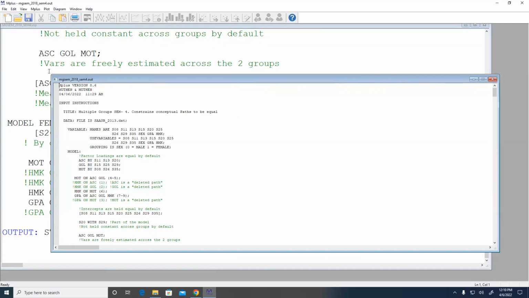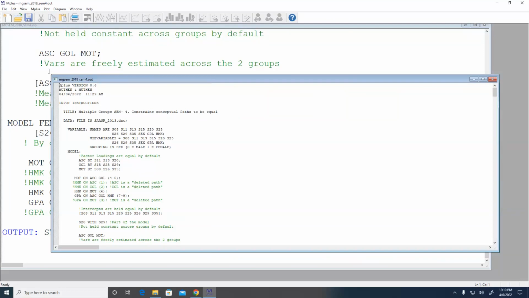It will not work if you try this. Well, who knows? Never used to. You can prove me wrong. But if you try to say this is constrained to be equal to 0, now I want to constrain this to be equal to this, that's not going to work because there isn't actually a parameter here being estimated, because this is constrained to be equal to 0. So the only way to get these two things constrained to be equal is to also constrain it to be equal to 0 in the second group.